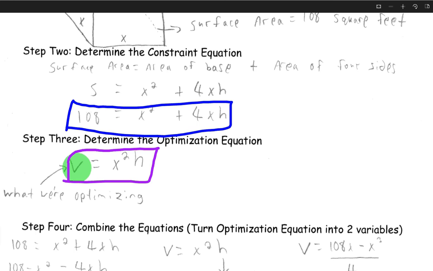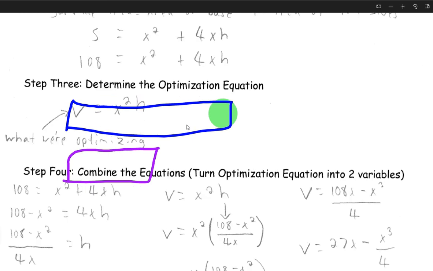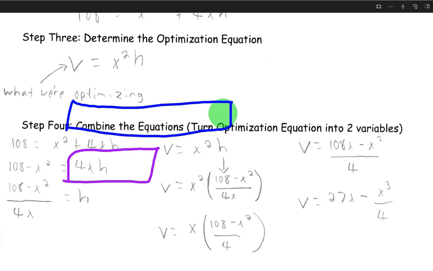However, when I look at this equation, I want to think about the fact that one variable might be easier to isolate than the other. Okay? One variable might be easier to isolate. I can either isolate x or h. Now, since this has two x's in it, it might just be easier to get the h by itself since there's only one. So for step 4, we want to combine the equations into one